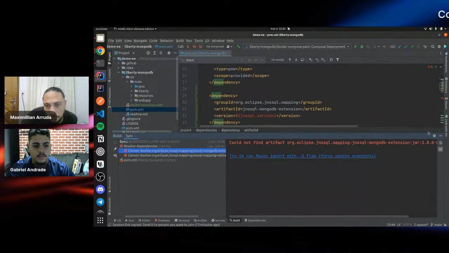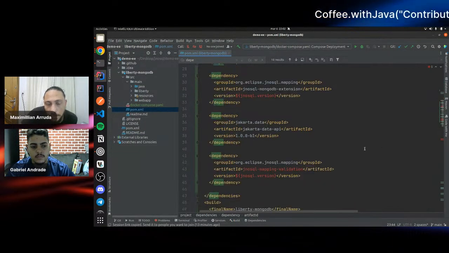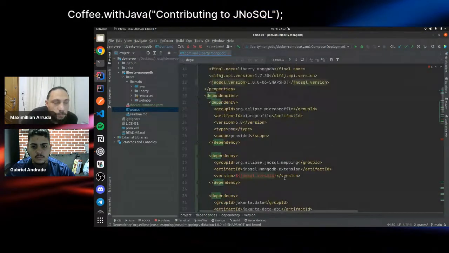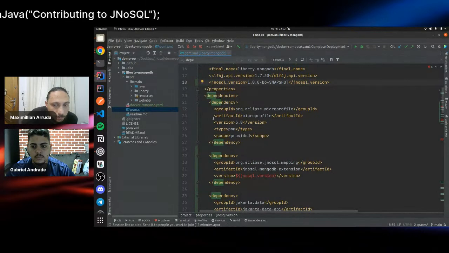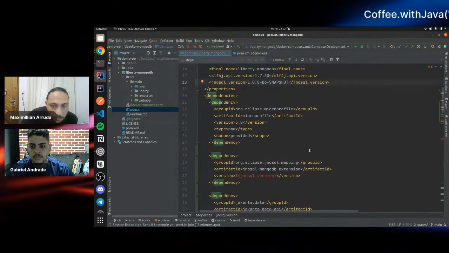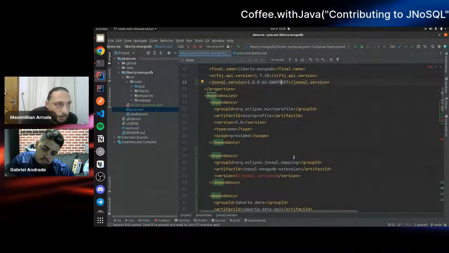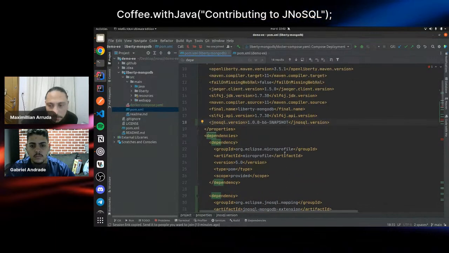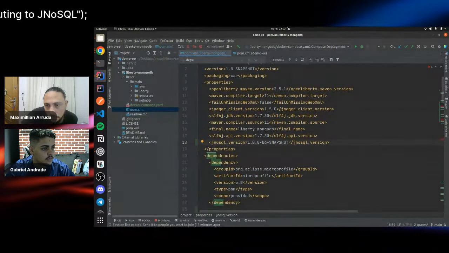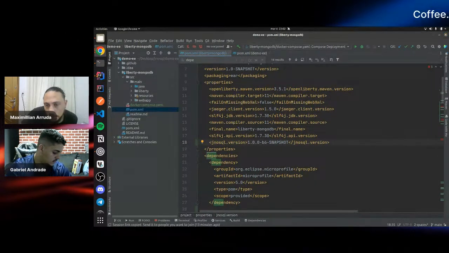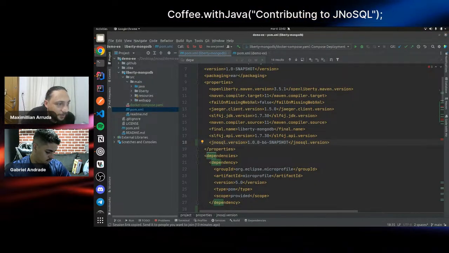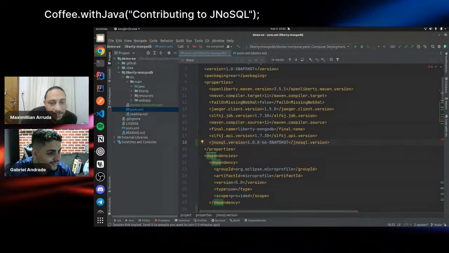It will download it. We are using a snapshot version, so you need to define a repository in your pom, because if you don't define it, probably your Maven will not be able to reach the dependencies. Let me type it for you.